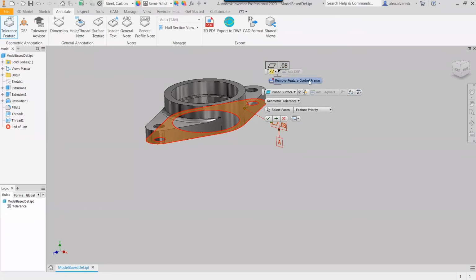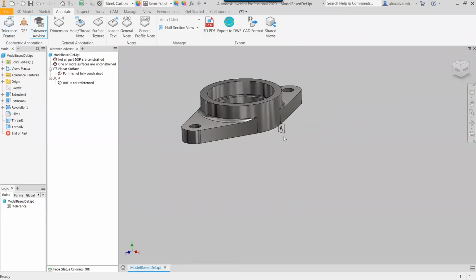So I'm going to go ahead and remove the control frame, and that just leaves me with the single datum itself, right? So I'm going to go ahead and accept that. And a little bit more information comes up, right? So this dialog box or the browser here comes up, the tolerance advisor browser comes up, and essentially